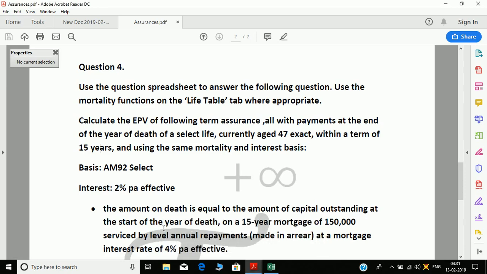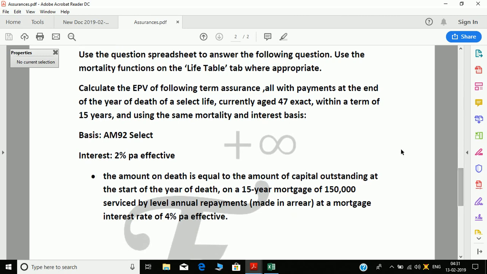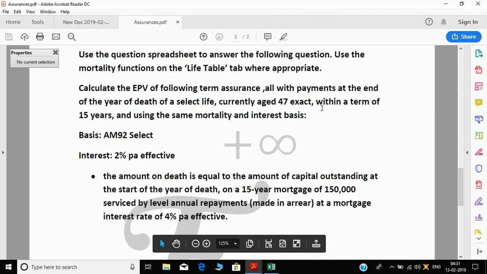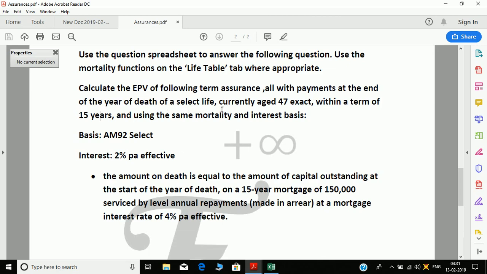So use the question spreadsheet to answer the following question. Use the mortality functions in the life table tab where appropriate. So calculate the EPV of the following term assurance, all with the payments at the end of year of death of a select life, currently aged 47 exact, within a term of 15 years. Okay, and using the same interest and mortality basis.